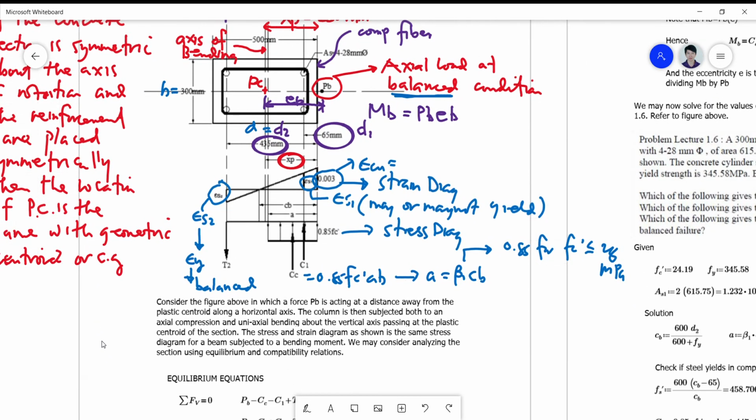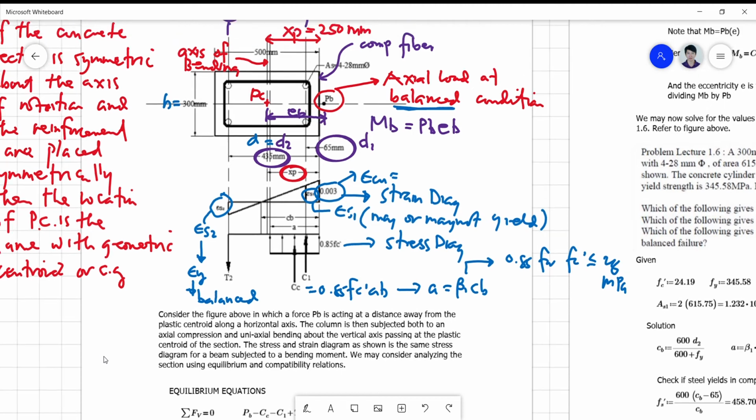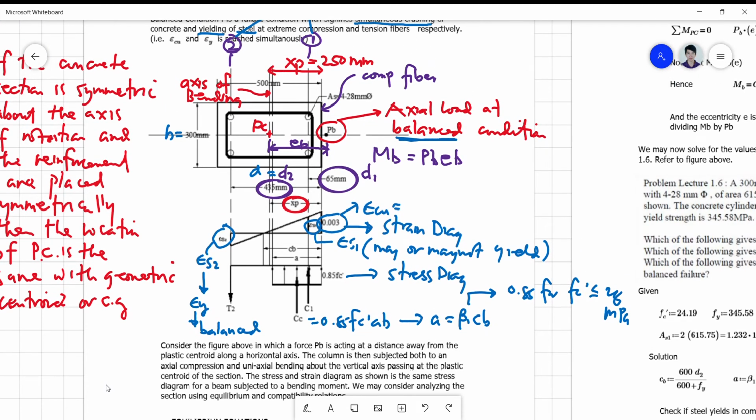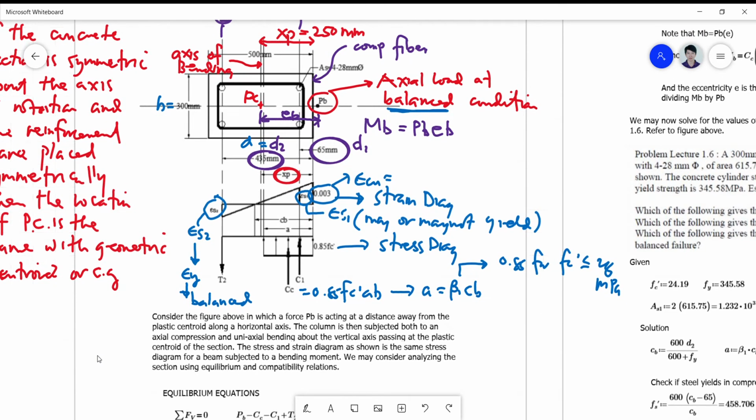Okay, we consider now the figure above, in which the force PB is acting at a distance away from the plastic centroid along a horizontal axis. So the column is then subjected both to an axial compression and a uniaxial bending moment about the vertical axis passing at the plastic centroid of the section. The stress and strain diagram shown is the same stress diagram for a beam subjected to a bending moment. So we may consider analyzing the section using